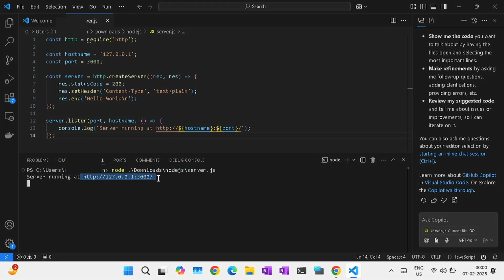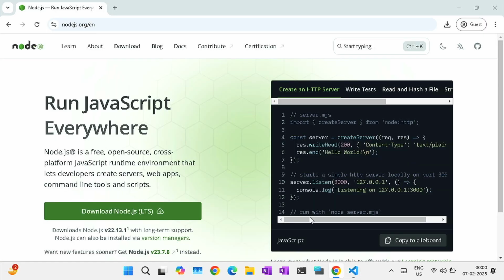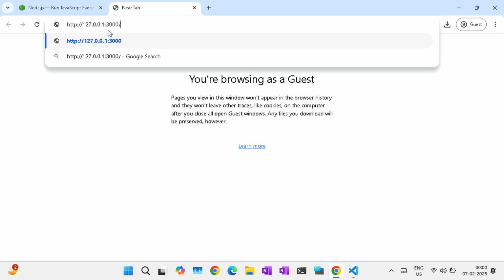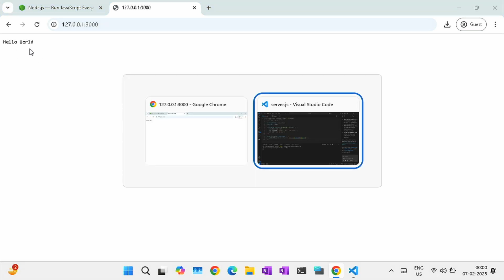So you can just copy this link. Let's press Ctrl+C. We can go back to our browser, open a new tab, and then visit this link, and you see it prints hello world. So basically now you have a server running on your machine which when visited on localhost port 3000 prints hello world, and this is basically coming from your